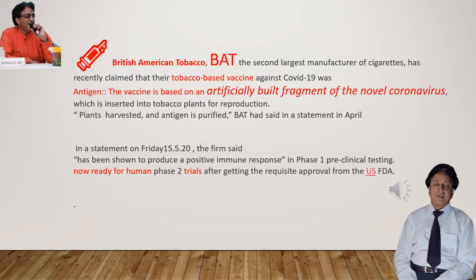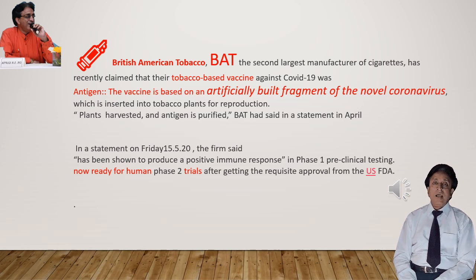British American Tobacco, the second largest manufacturer of cigarettes, has recently claimed that their tobacco based vaccine against COVID 19 was found successful in the initial trials. The vaccine is based on an artificially built fragment of the novel coronavirus, which is inserted into the tobacco plant for reproduction. Plants are harvested, the antigen is purified, and this antigen will be injected into human beings to